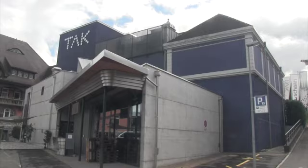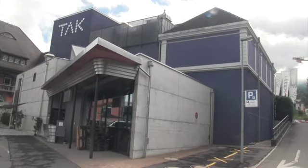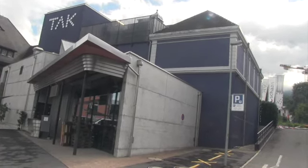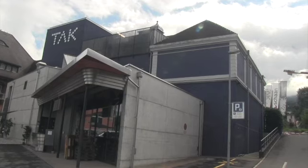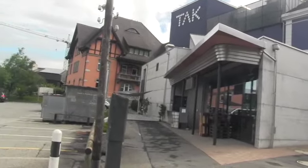This is Tak. I was drawn to it because of a sign, and I looked down and saw the beautiful blue color and what looks like some imaginative architecture. And it is modern, but that little cupola up on top seems to try to reflect or allude to the past. An older building next to it. This is a thickly stuccoed surface, then painted this very pretty Dresden brown, blue. Modest